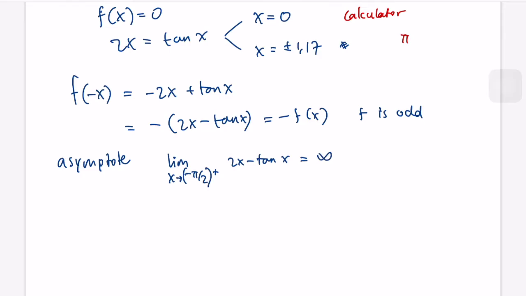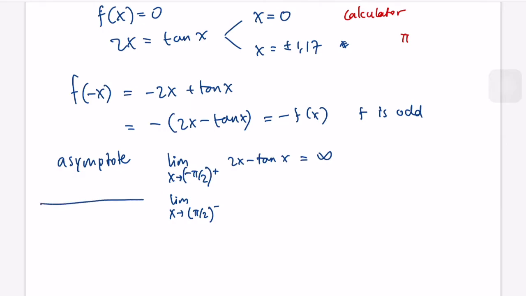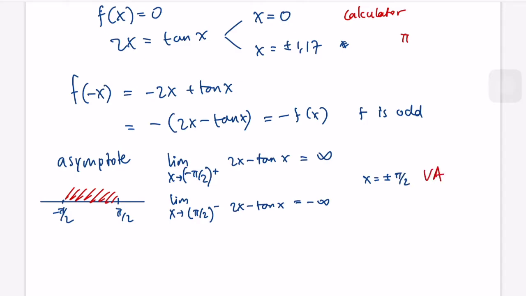And we can check pi over 2 from the left, because we only have the domain from negative pi over 2 until pi over 2, so we are only considering this part here. So the limit from this will be negative. So these two will be our vertical asymptotes,